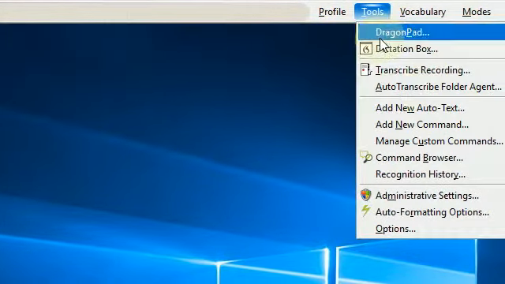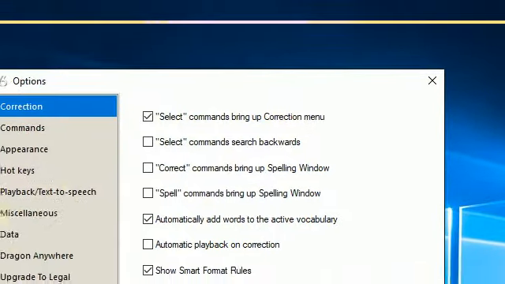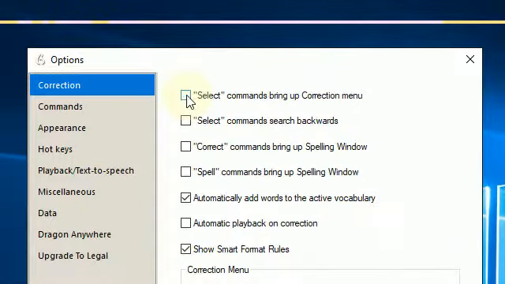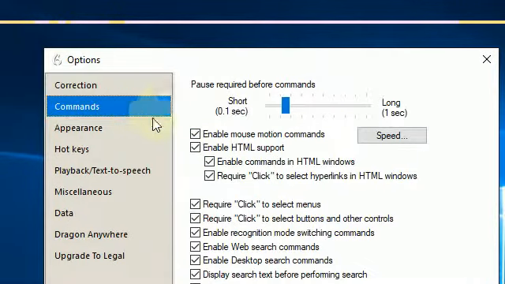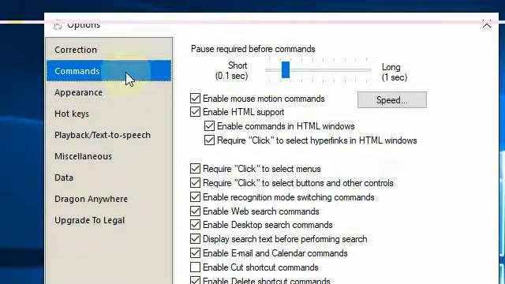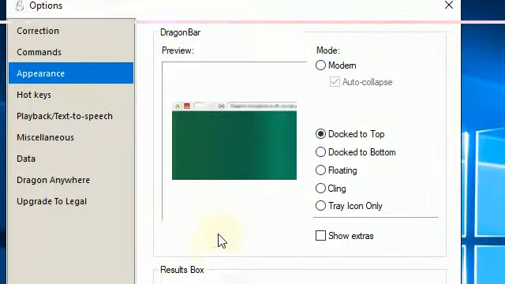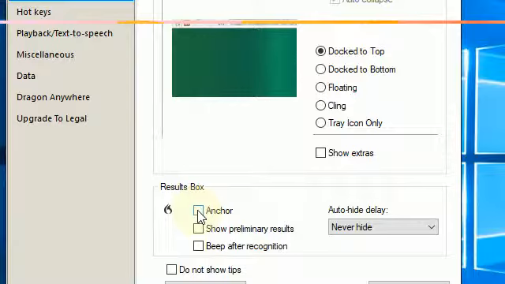If I press on Tools, if I go to Options, and over here I want to untick Select Commands, and I want to tick on Correct Commands to bring up spelling window. I then go Commands, everything is fine there. I click on Appearance and I tick on Docked to the top. I then go down to the results box, tick Anchor,